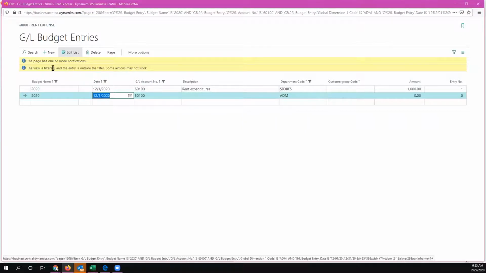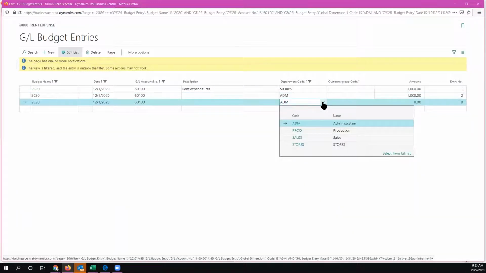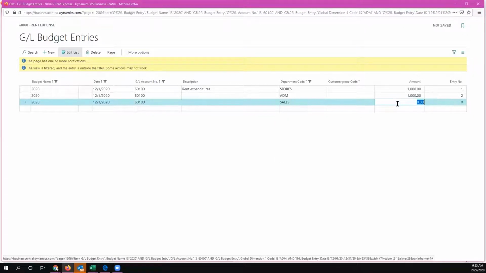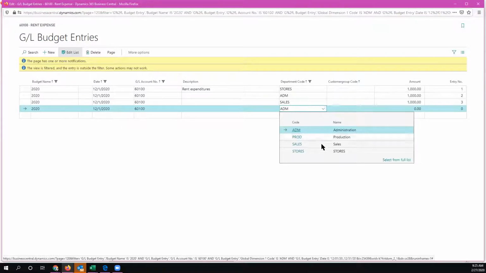Well, this is now being filtered, that's fine. But I could also pay the rent for another department. So for the administrative, another figure. And this is now budgeted for all these dimensions, okay? Because guess what? This is exactly what is going to happen when you actually post a sales order, a sales invoice,